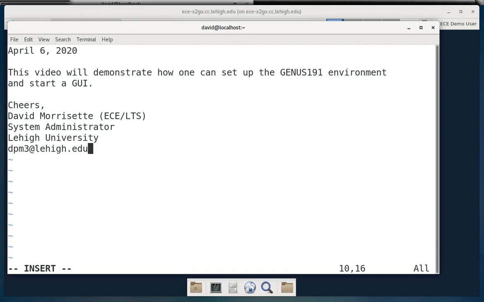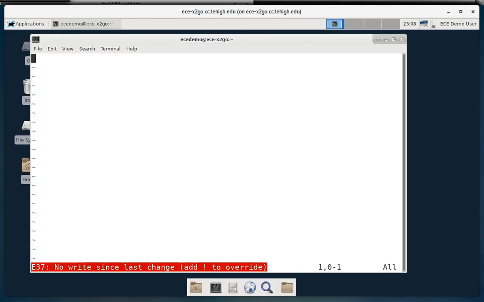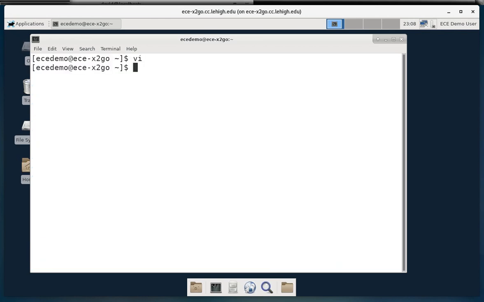Hello, we're going to make a video, and this video will demonstrate how one can set up the Cadence GENUS191 environment and start a GUI. Okay, so the first thing we have is I've logged into an ECE X2Go session, and I'm going to switch